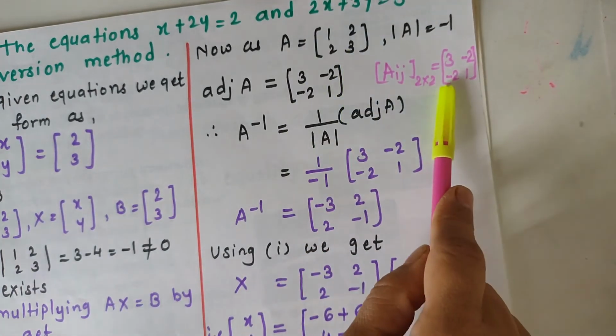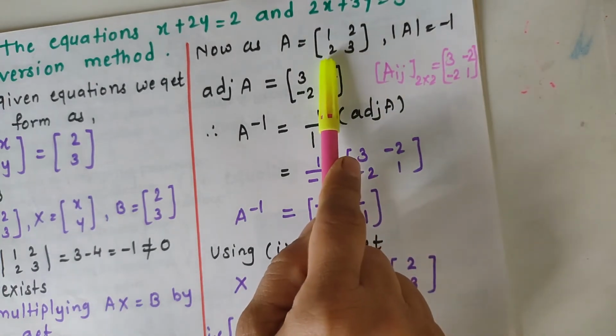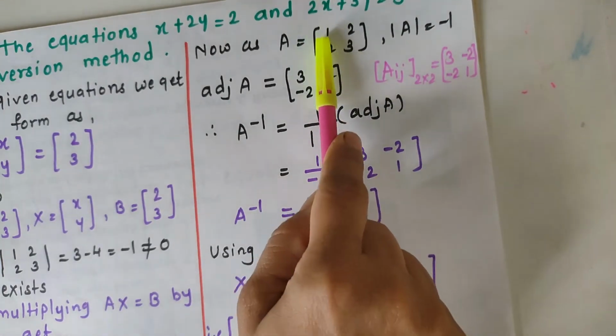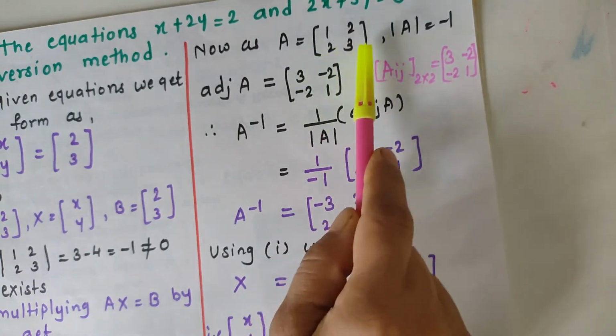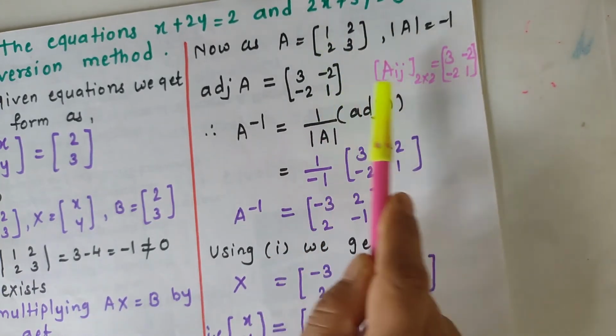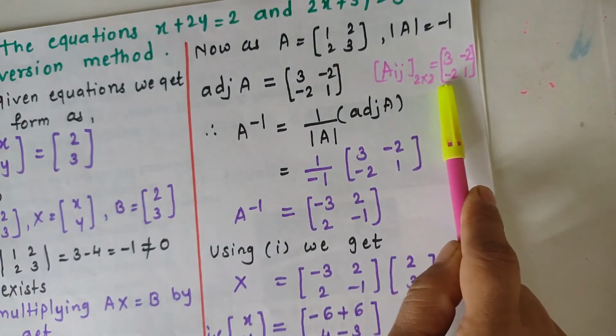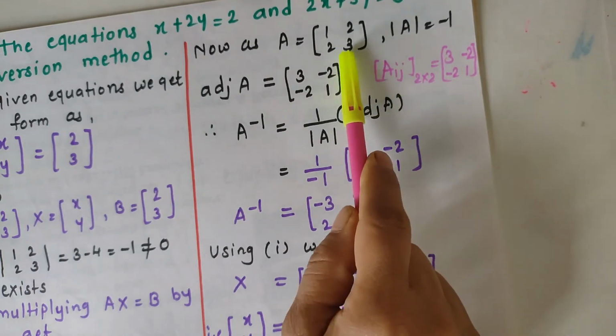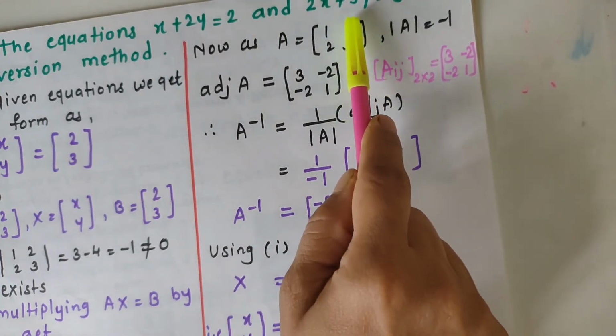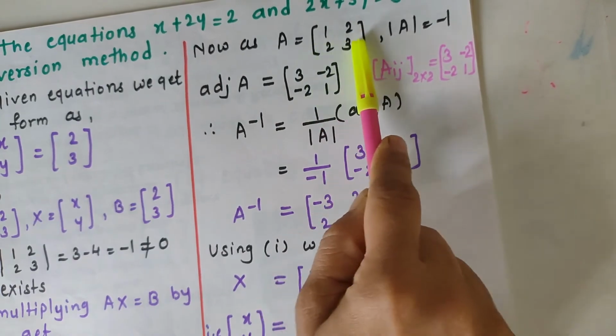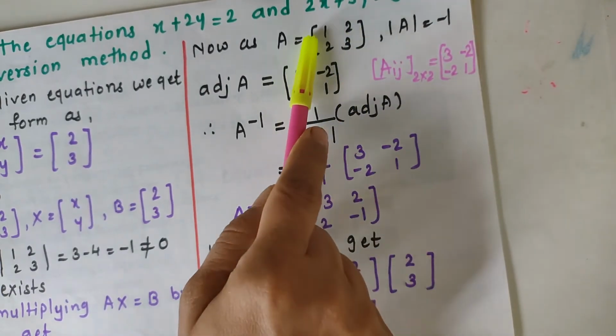Now the cofactor of the third element, by eliminating that row and column, the remaining element is 2, with opposite sign -2, and the cofactor of the fourth element, by eliminating the second row and second column, the remaining